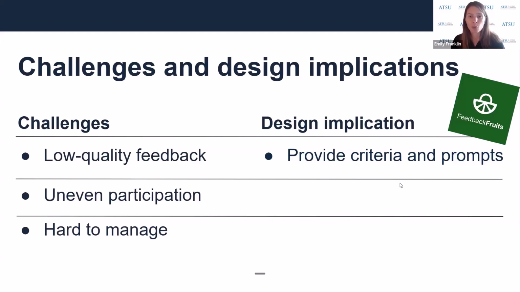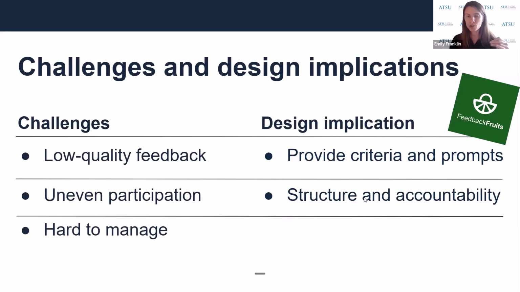And for the challenge of uneven participation, Feedback Fruits has a clear structure for students of step 1, 2, 3, what to do in order. It's a very structured assignment for what students are supposed to do when. So there's clear expectations there. And then it also allows students to rate how useful each other's feedback was. So that rating system builds in accountability and hopefully encourages thoughtful responses if they know they're getting rated on the